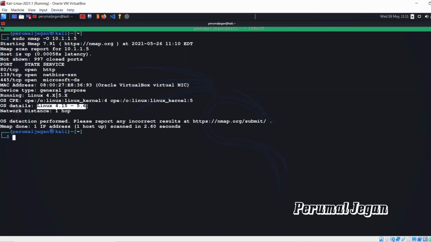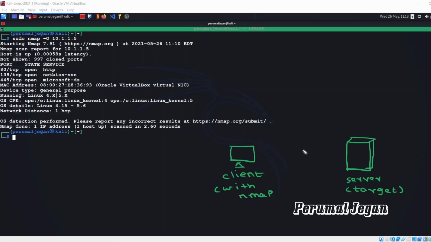It gives the approximate version details. You may wonder how Nmap managed to fetch the operating system details. Let me explain that, which is very interesting to learn. The concept used to fetch the operating system is called OS fingerprinting. Perfect.